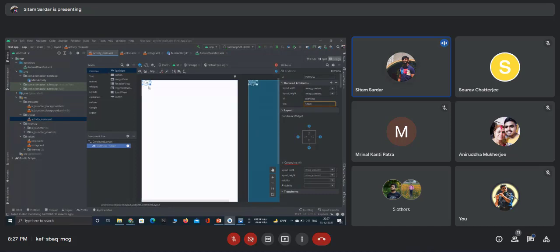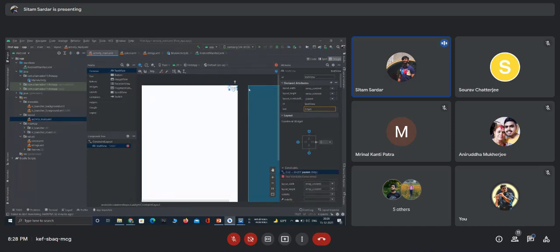Okay, now you can see that here my name has been changed. But still it is showing that constraint is not found. Constraint in constraint layout is something through which we can set up a position. Just hover your mouse over the blue circled section and simply drag this thing to this section. It is the left constraint.